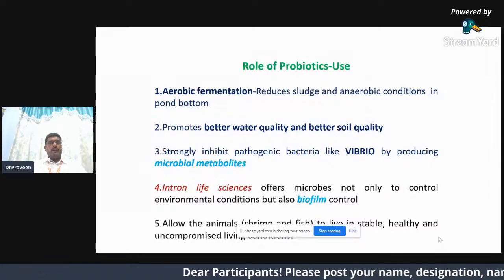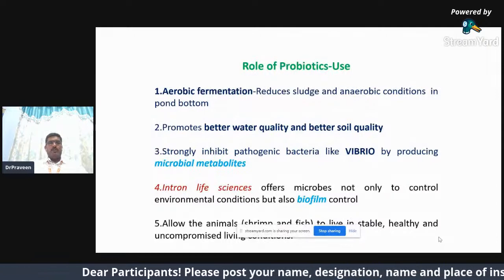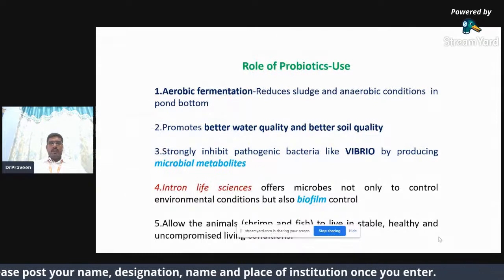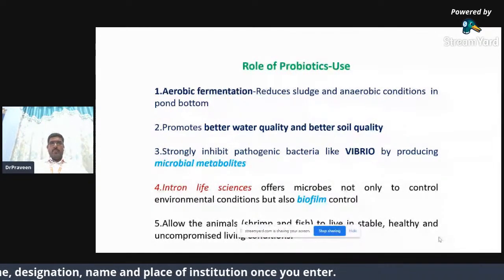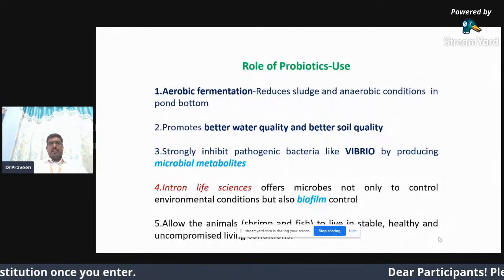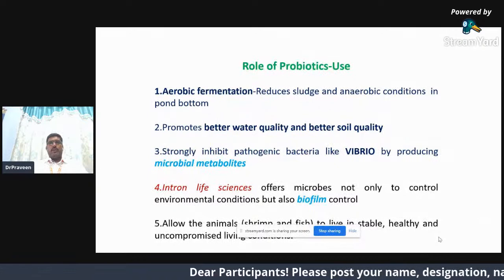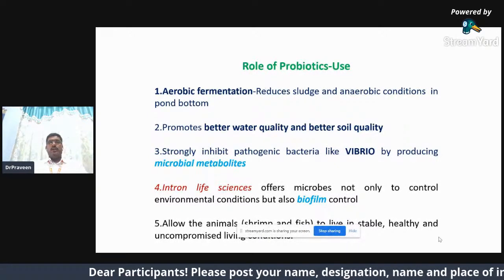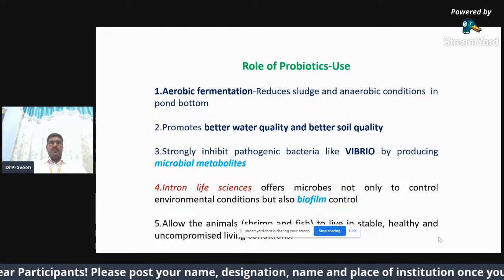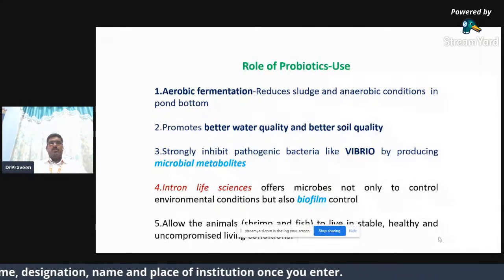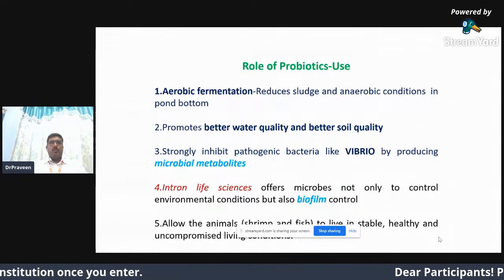Otherwise, we won't control white muzzle problems, or white fecal disease problems, or vibriosis. Nowadays, seasonally, vibriosis will show its influence on the animal particularly. That's why we have to go for regular application of probiotic, which will work at the anaerobic conditions, particularly at the bottom. So that's why we request all the farmers who are going for the culture to take care of the pond bottom management